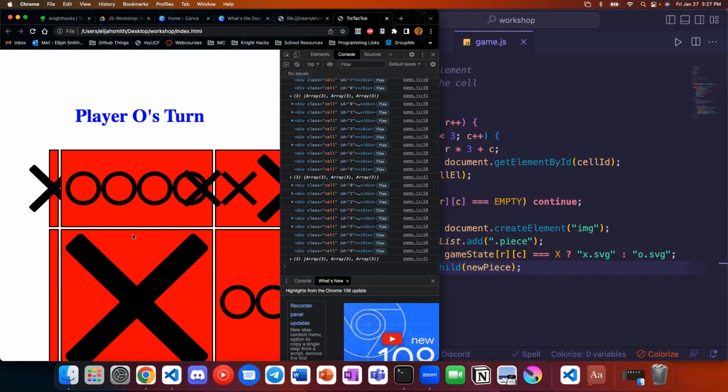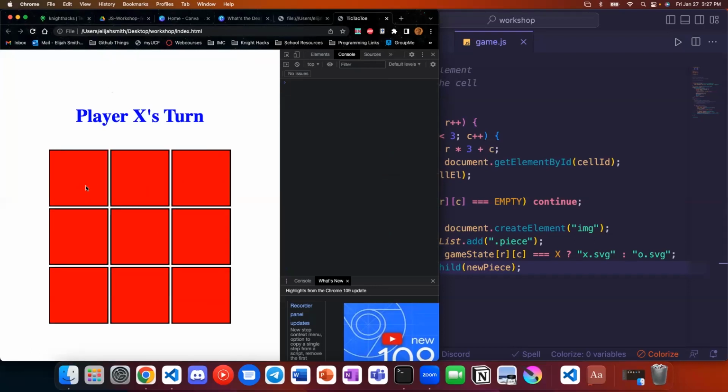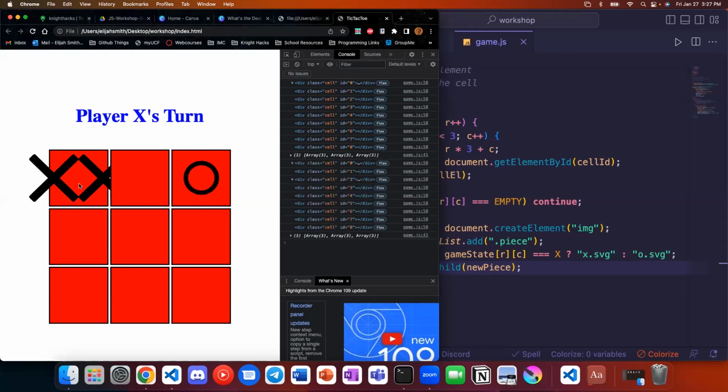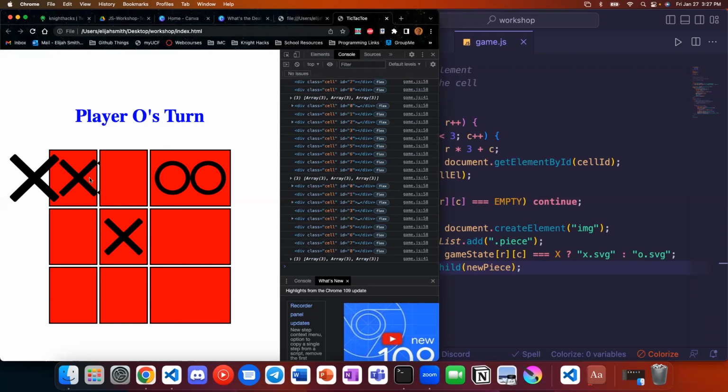The reason why it's not working right now is because if I click on this cell, it puts one piece in. If I click on another cell, now it puts two pieces in that original square. If I click on another cell, now it's three pieces in that original square. Every time we repaint the board, it just puts a new child into that cell box. We don't take any out. We always put a new one in. So now we have 2, 3, 4, blah, blah, blah. Which we don't want. We only want one piece.